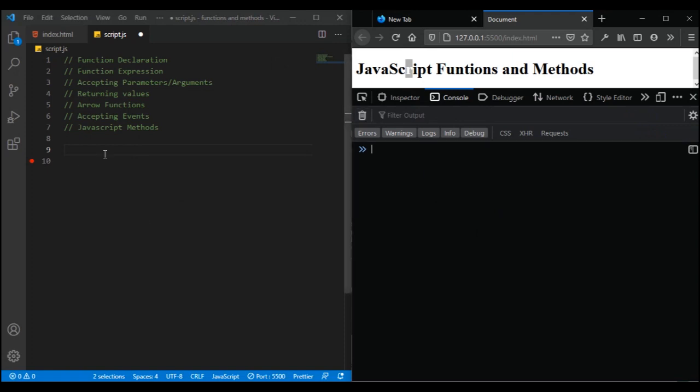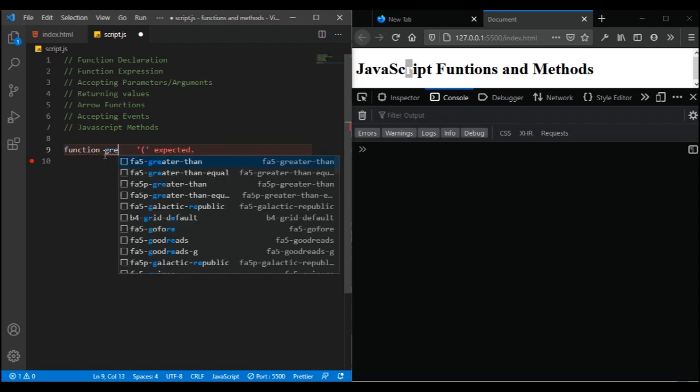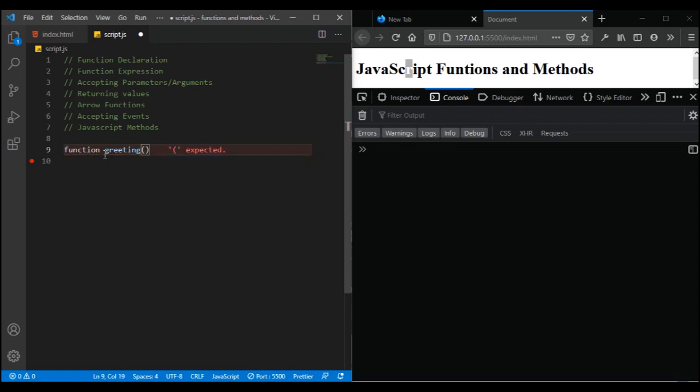Alright, so how do we work with function declaration? It goes something like this. We use the keyword function, followed by the function name. Let's say we want to define a function greetings, and then follow it with your brackets and then your curly braces, which is where your set of code actually goes. So I can have something like console.log, and let's say hello world,